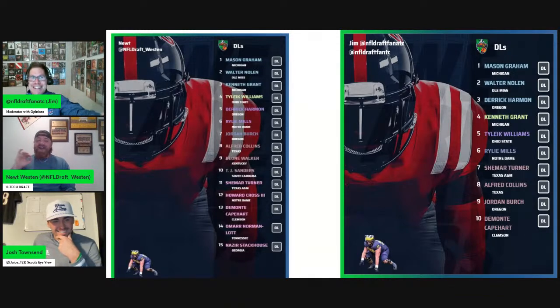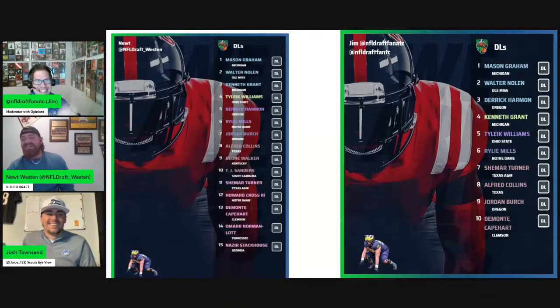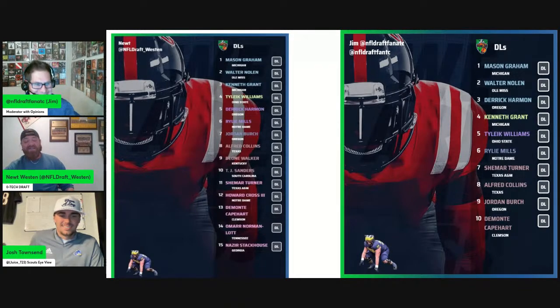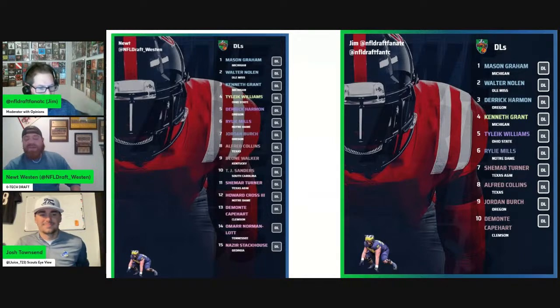So I'll answer the first question. I just had to get that in there. I really like Alfred Collins. I think he was a guy I had to do some thinking on. I looked first, I saw his PFF grades, and he's a 5-year player. Came in that COVID season. He's a 5-star recruit, a really highly touted recruit for Texas to get.